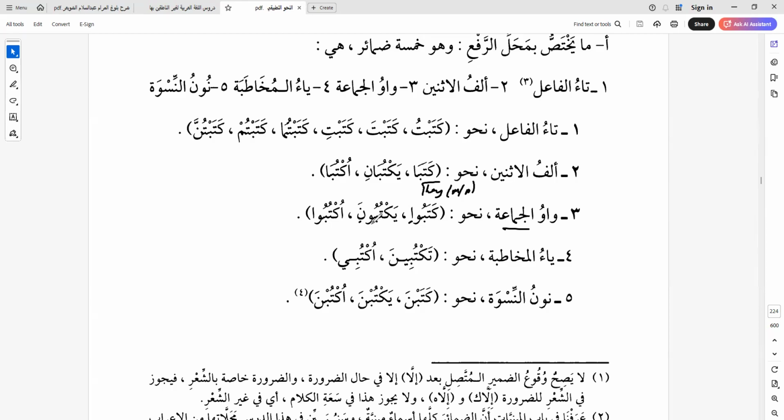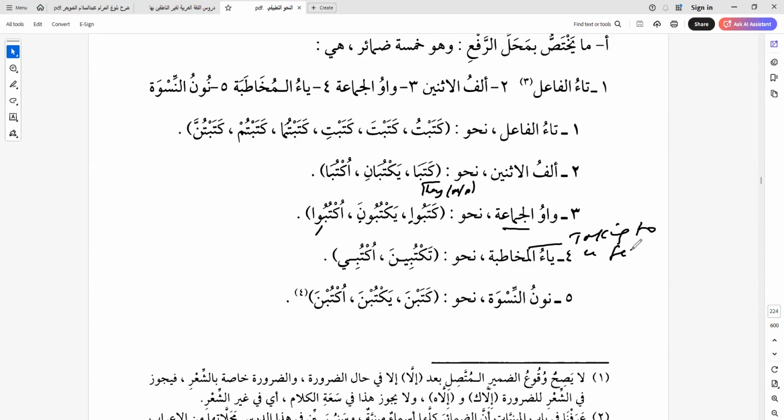Yaktubuna, when it moves to fi'l al-mudari, the alif is dropped because noon is coming there. So we don't need this alif. And then uktubu again with the alif comes back here, to indicate that we are commanding a plural, jama'a. Now let's look at ya'ul mukhataba, talking to